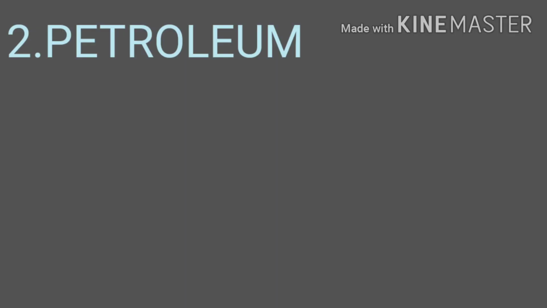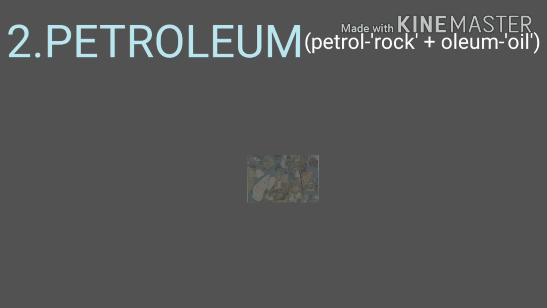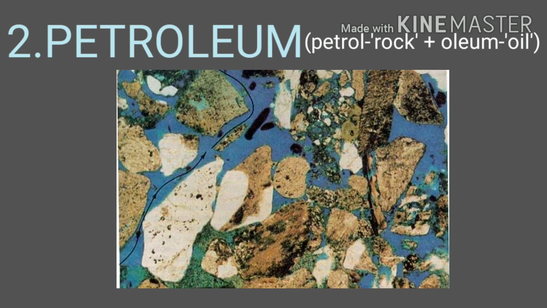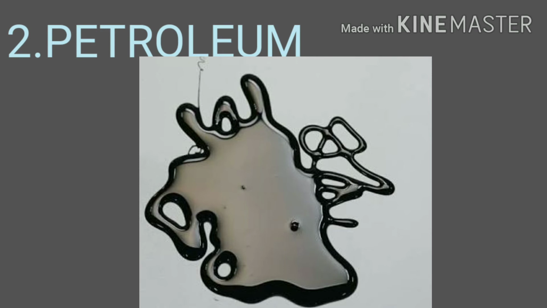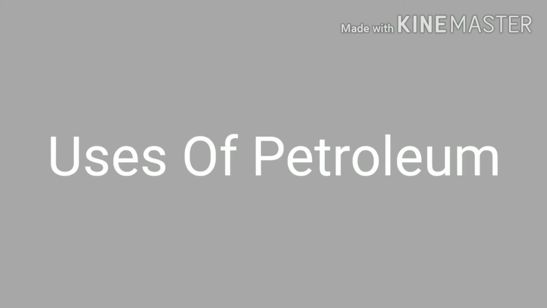The word petroleum has been derived from two Latin words, petra meaning rock and oleum meaning oil. Thus, petroleum is the oil obtained from rocks, particularly sedimentary rocks of the earth. Therefore, it is called mineral oil. Technically speaking, petroleum is an inflammable liquid that is composed of hydrocarbons, which constitute 90 to 95% of petroleum, and the remaining is chiefly compounds containing oxygen, nitrogen, and sulfur.